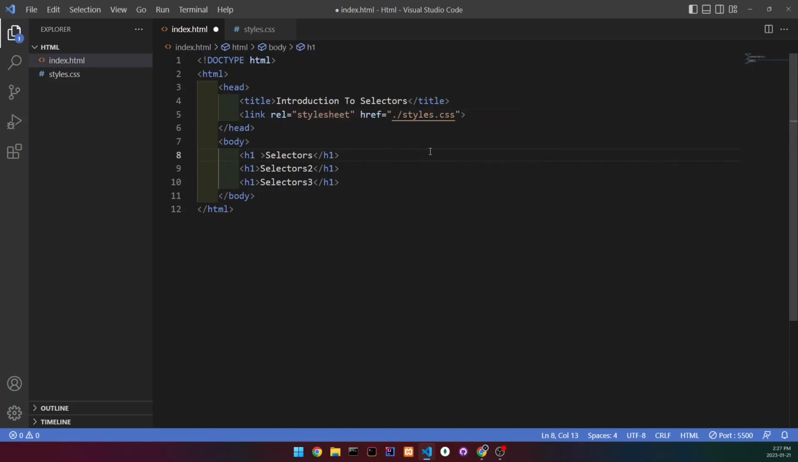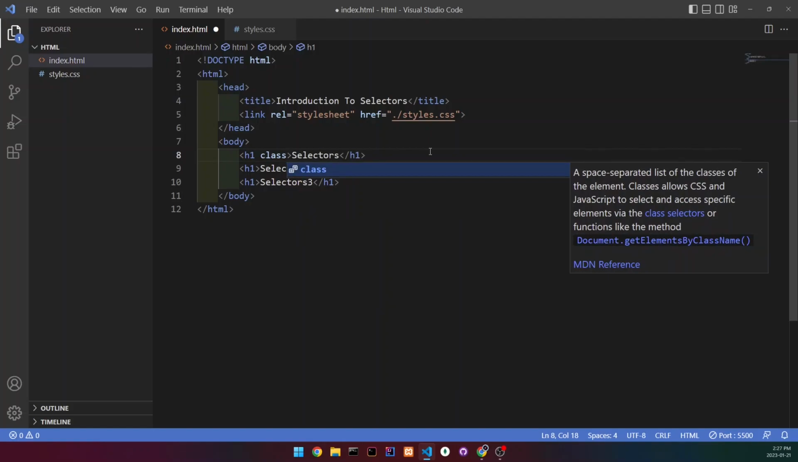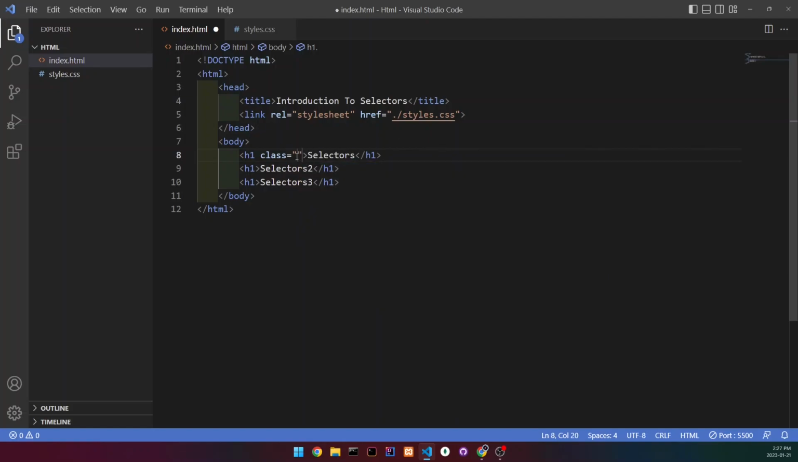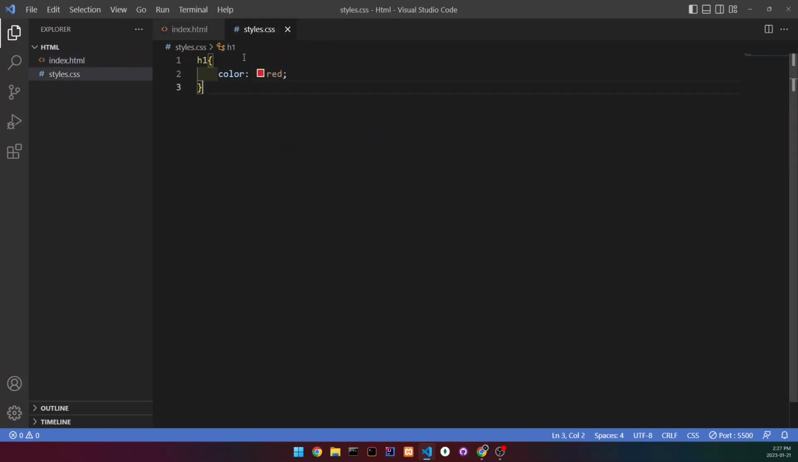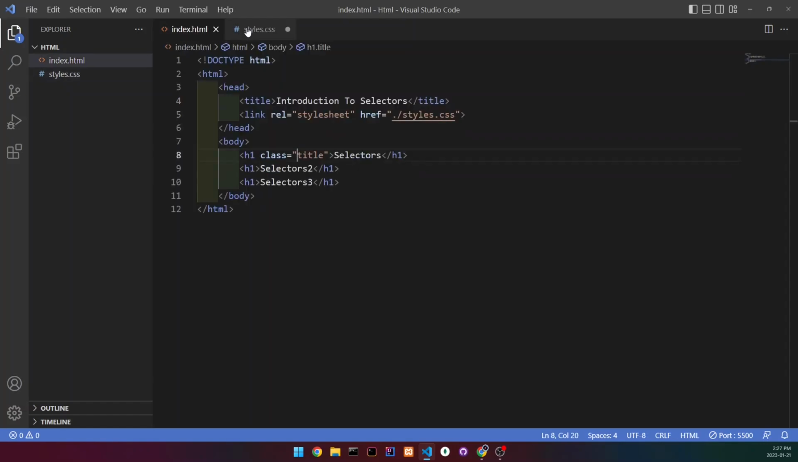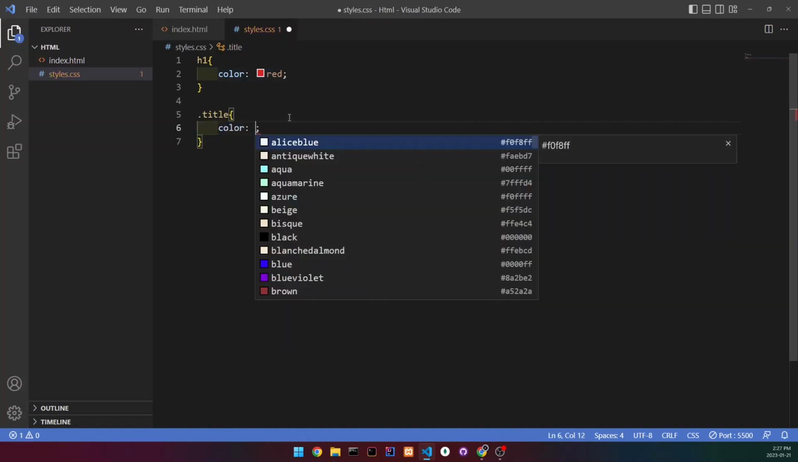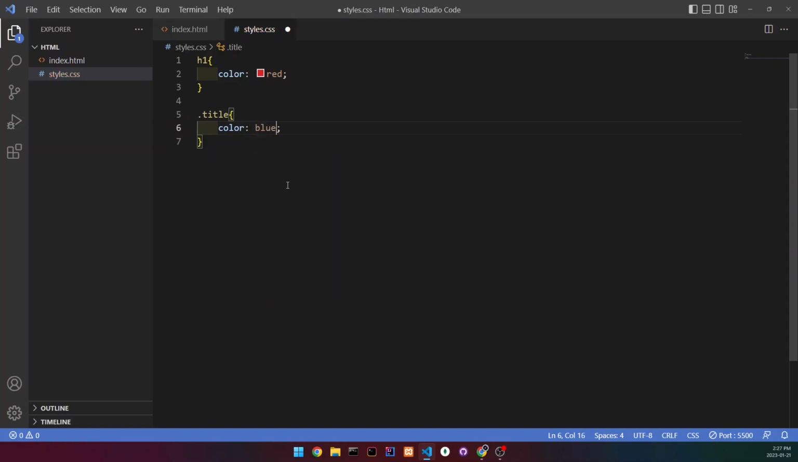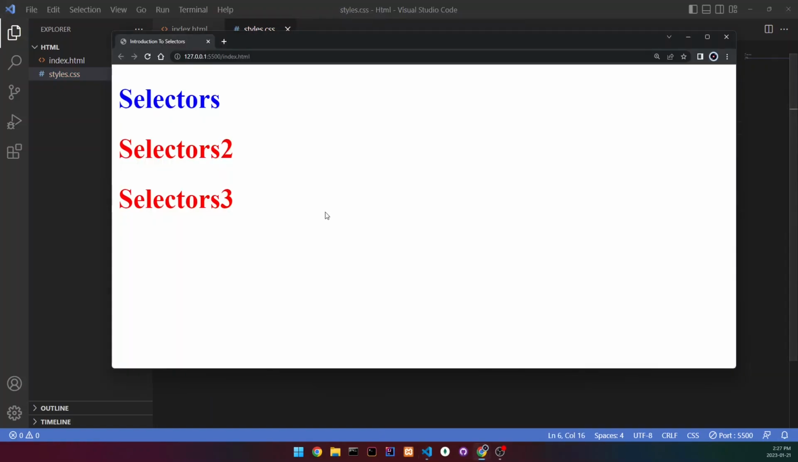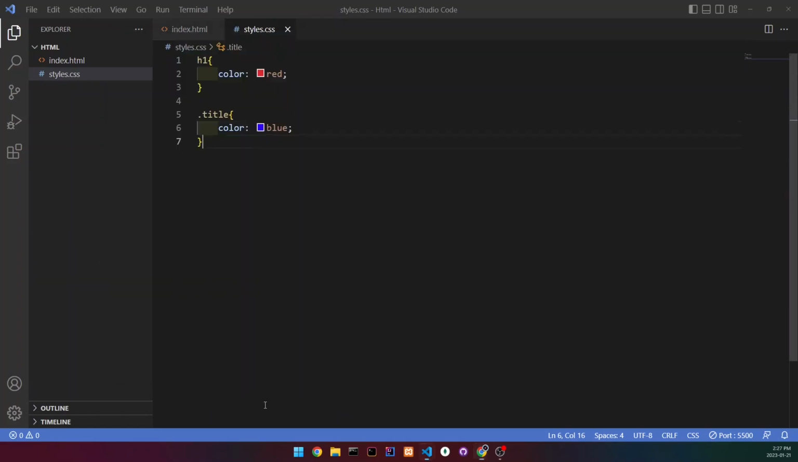So let's actually do that. We add this class attribute like this, and then we'll just type in whatever we want here. I'm just going to type in title. You can do page title, whatever you want. And now if I go here, the way we select classes is we type in a period, and then the name of the class. So it was title, and then I open it. Now I'm going to do color, and let's actually do blue. Now if we go back, as you can see, only this first header is blue and the rest are red,